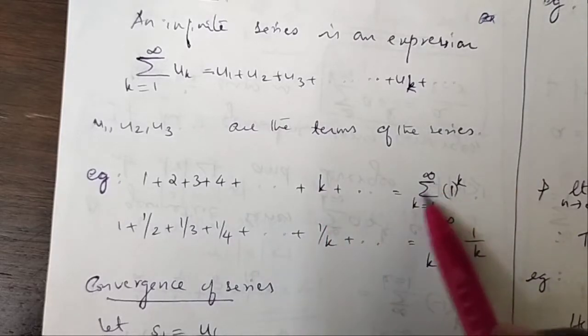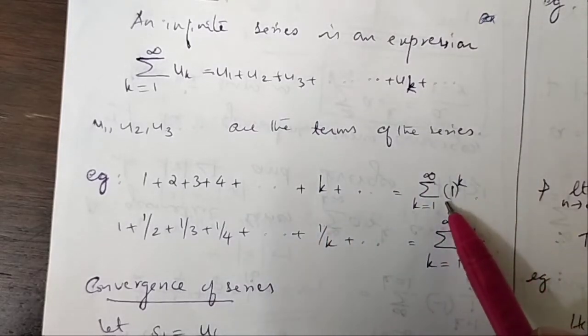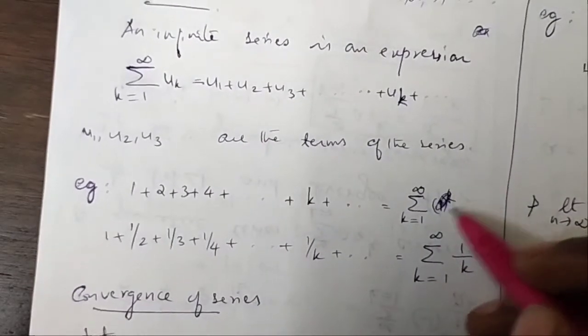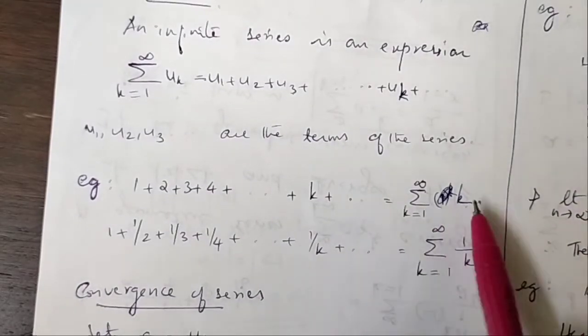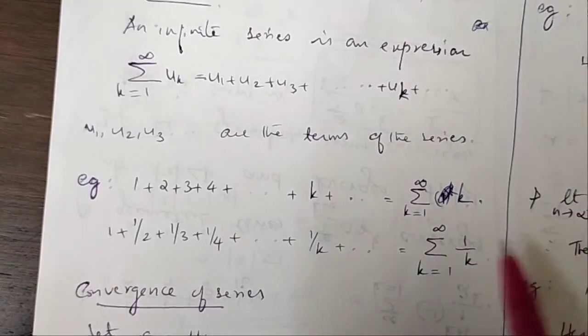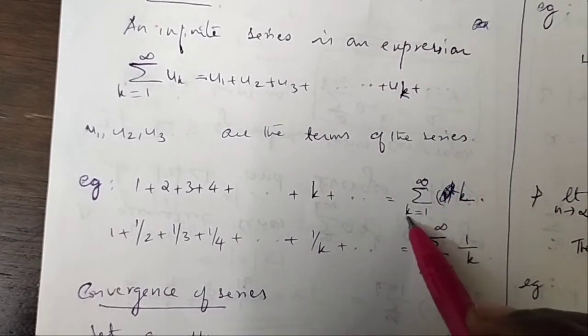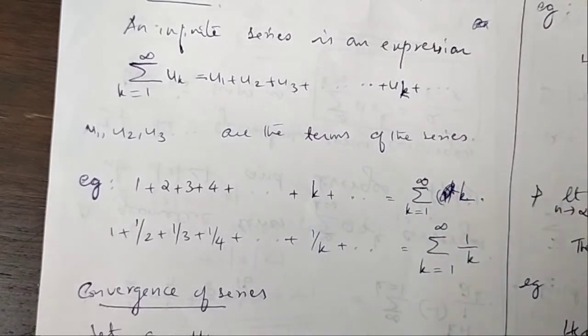So we can write sigma k from 1 to infinity, minus 1 raised to k, sorry, it is not minus 1 raised to k, it is k itself. Okay. So if k is 1, it is 1, k is 2, it is 2, k is 3, it is 3. So 1 plus 2 plus 3 plus etc. So it is sigma k. And here for an infinite series, we can vary k from 1 to infinity or 0 to infinity. Both will be same. Okay.